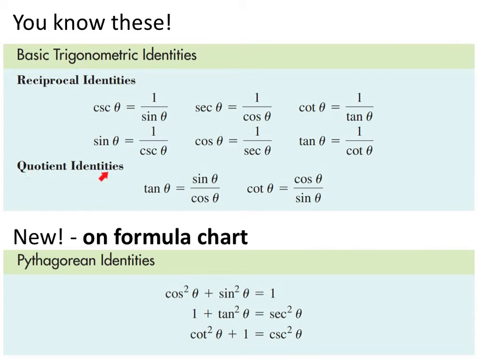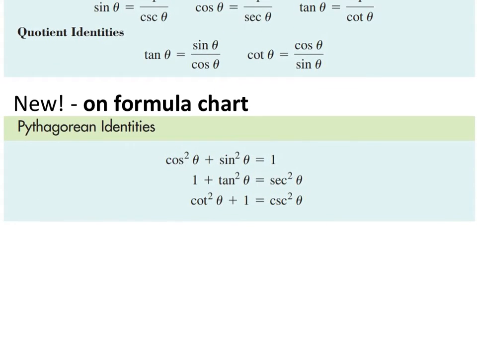We also have our quotient identities. Tangent of theta is sine over cosine, which means cotangent is cosine over sine. These are all on your formula chart. We've discussed these before, but some of the new identities, these are on the back of your formula chart, are